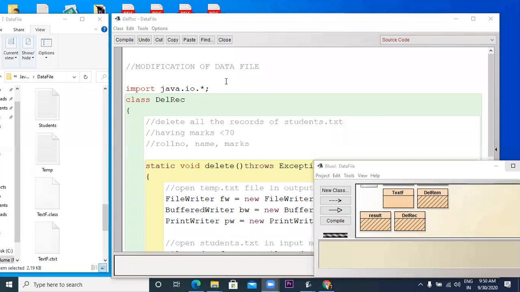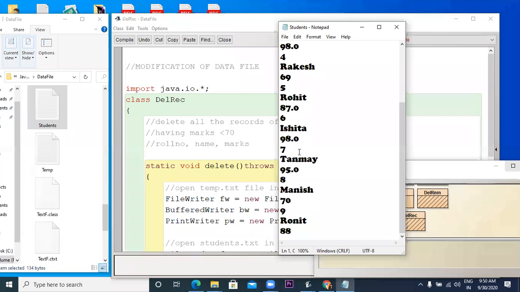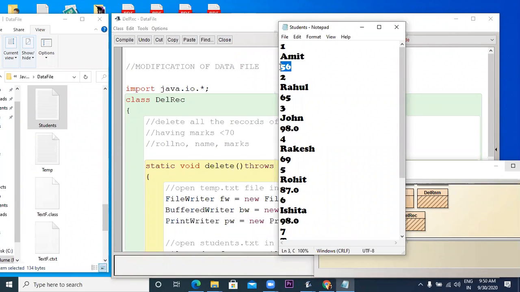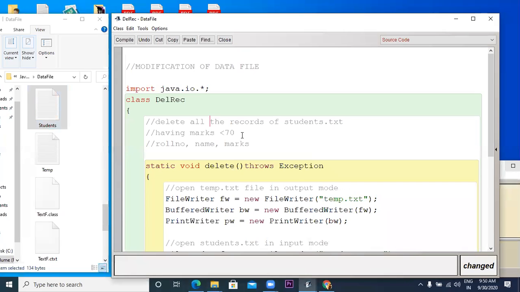So let us see how we can modify a data file. Suppose we have a data file, let us say students. Here you can see we have a data file students in which we have say 9 records. In each record, each of the students is getting some marks. Now my question is that I want to delete all the records if they are having less than 70% marks. So I want to delete those records from the file